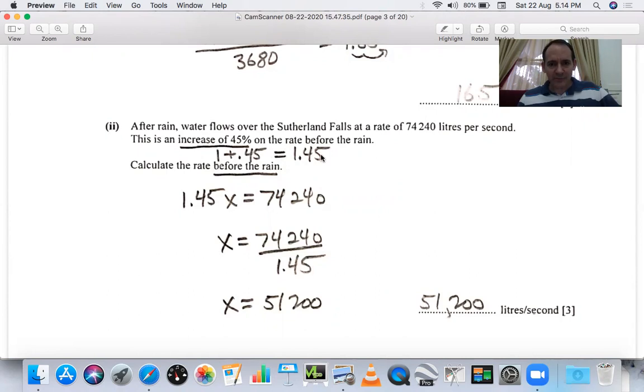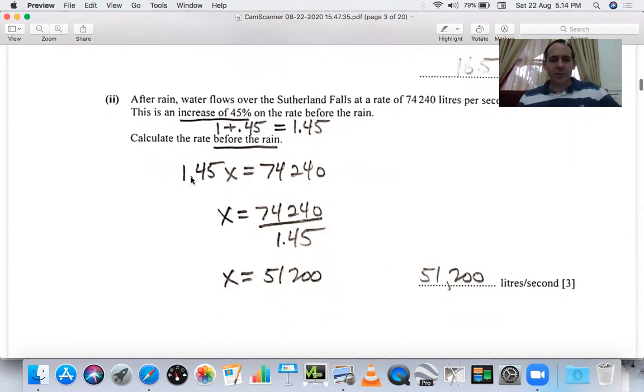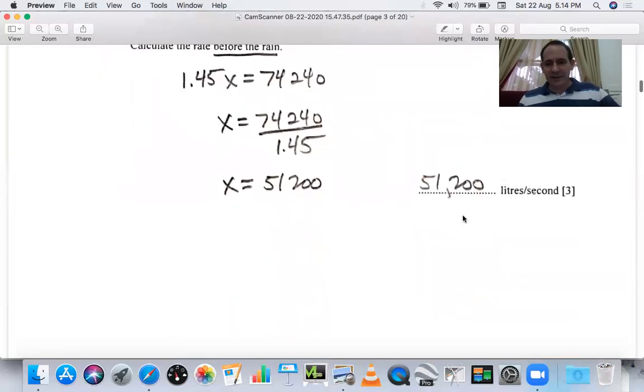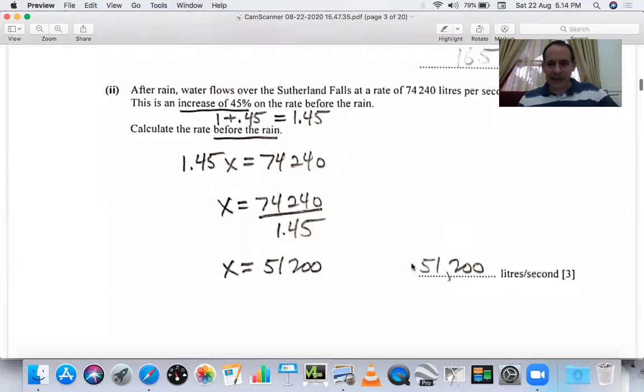That is 1.45 of the original amount before the rain, which would be our X. So 1.45, the increase times the X is what gives us the increased rate of 74,240. Divide by the 1.45. And so the amount before the rain is the 51,200. So make sure that you're paying attention, especially to this increase, decrease of a percentage